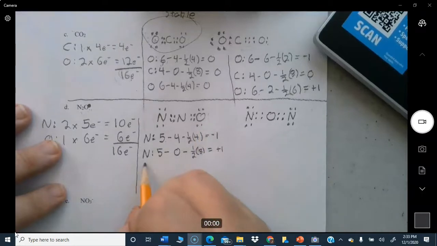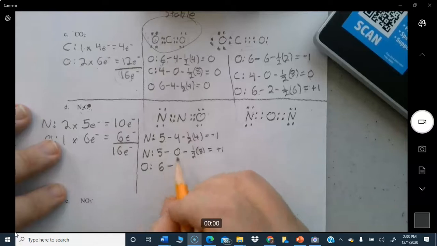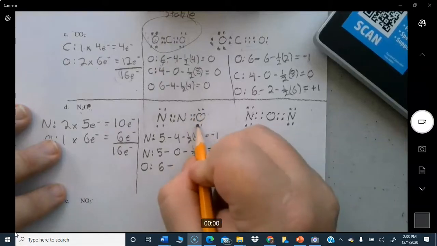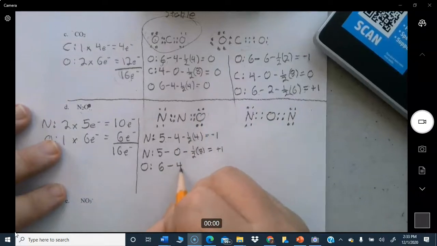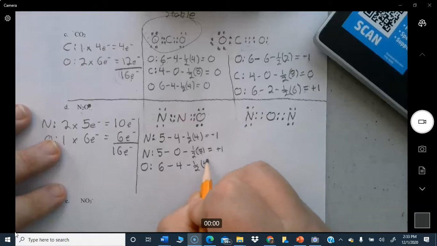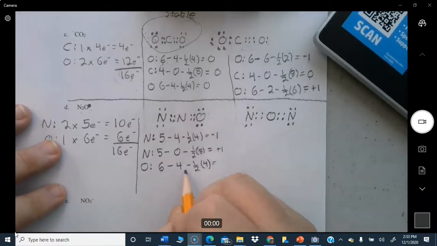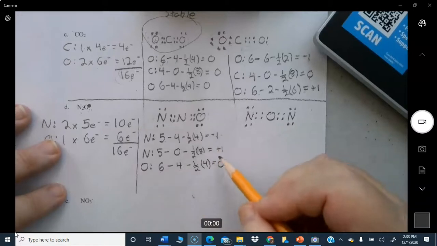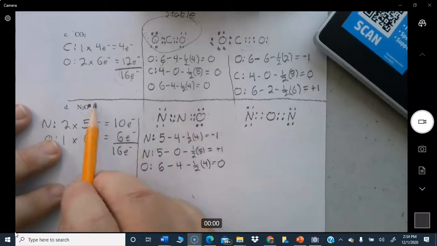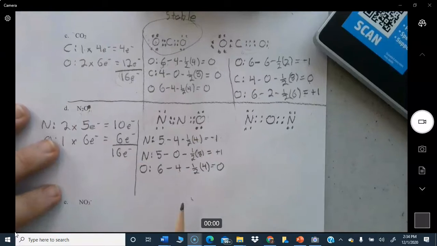And now the oxygen on this side, 6 valence electrons to start with, minus 1, 2, 3, 4 lone pair, minus half of the bonding electrons. There's 4 of those. So it's 6 minus 4 minus 2 is 0. So everything is balanced. -1 + 1, 0 is no charge, and there is no charge because we did take it off there. Okay, so that's one